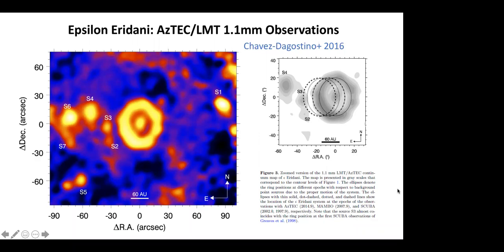So when Miguel compiled all the information from existing historical data, what he noticed is that this ring structure travels with a star at the star's proper motion, but the background sources stay. So the asymmetry that people noticed in their early observations and tried to model turns out was blended structure from the background structure rather than the ring itself.